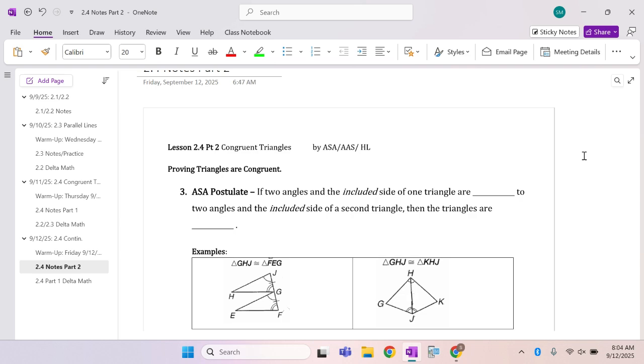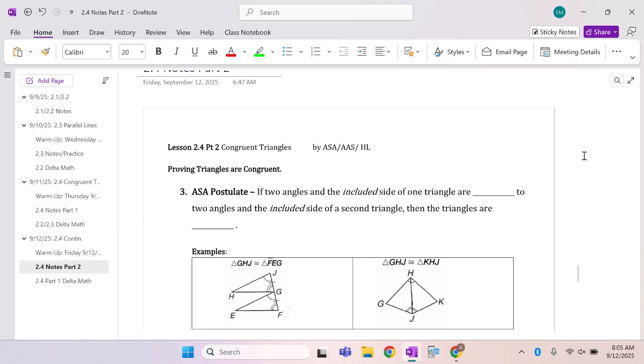Meaning, if we had two triangles, we can tell they're congruent if all three sides are congruent, or we can tell they're congruent if two of the corresponding sides are congruent and the angle formed between those two congruent sides is congruent. So remember, the angle has to be made up of those two congruent sides. If, let's say, you're only given this angle here, it's now no longer side, side, side. If you think about it in order, it spells